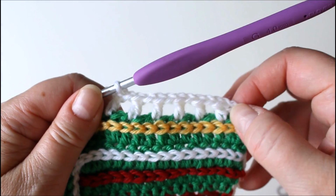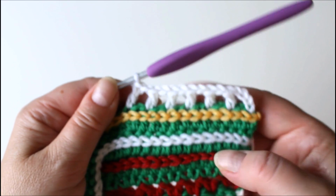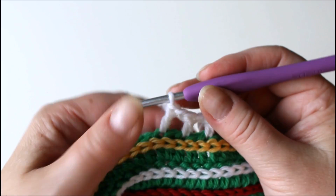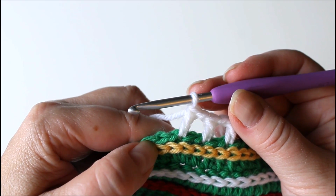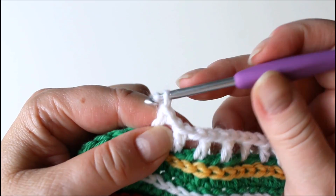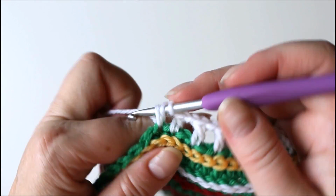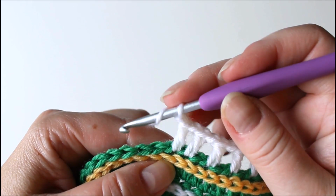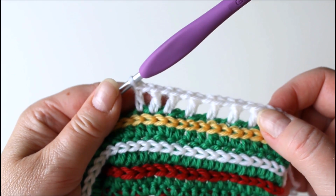And now counting this chain here, 1, 2, 3, 4, 5, 6, 7. So now that I'm here, instead of skipping, I'm going to have the next 2 double crochets straight in the next 2 stitches, but still have the chain in between, so this increases a bit. Chain 1 and a double crochet into the next stitch, and chain 1 and this again. So it looks like that in the middle,